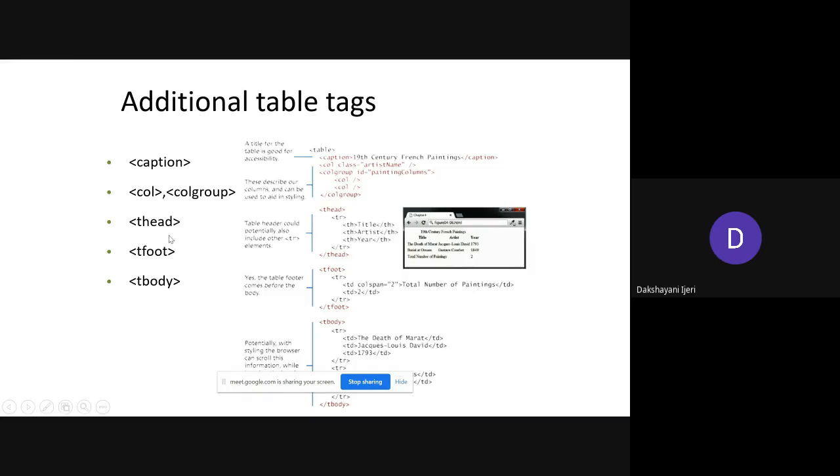So the thead is the element which is used to take all the headings under one group, and tfoot is the element where you can group all the last row elements into one group, and tbody is the one where you can include the in-between contents of the table. That is, except the headings of the columns and the last row elements, the rest of the elements of the table are considered as the tbody elements.